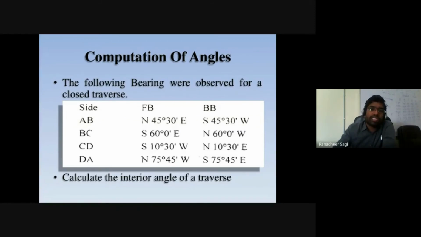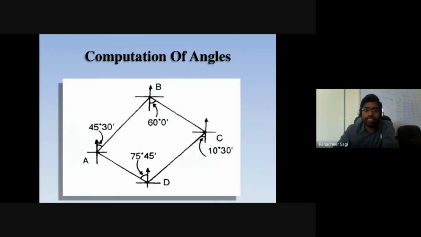You are required to calculate the interior angles at all those respective stations: station A, station B, station C, and station D. Please do solve it, and in the process of solving it, understand what difficulties you come across. Here we may not directly look at it and write down the answer. I would ask you to go through the problem statement very clearly, draw a rough sketch, and after drawing the rough sketch, represent all the data you have from the problem, like back bearings or fore bearings.